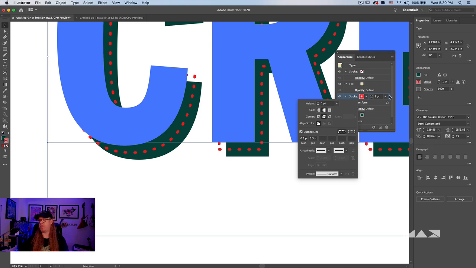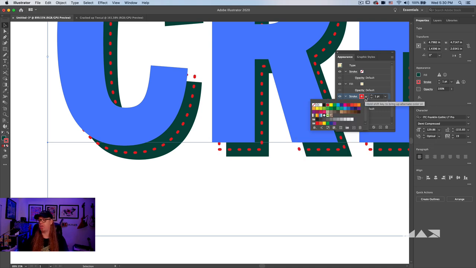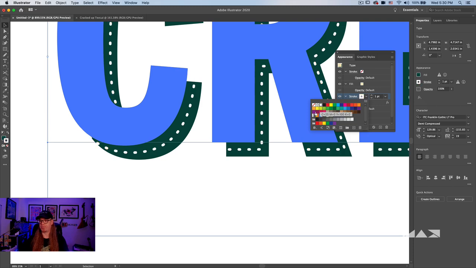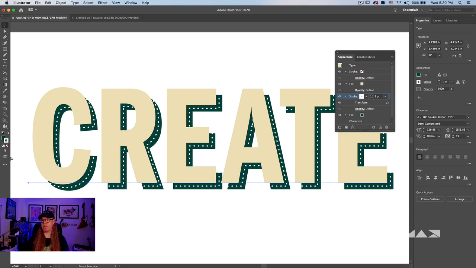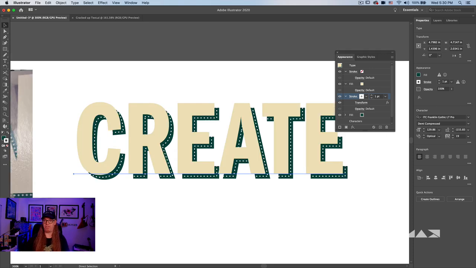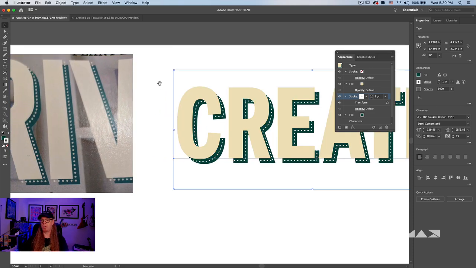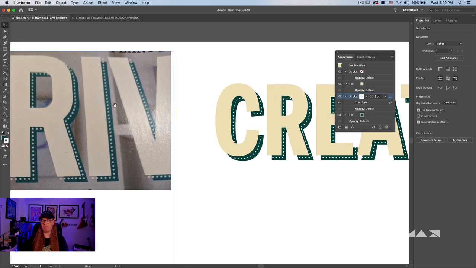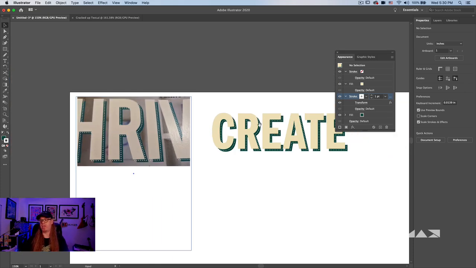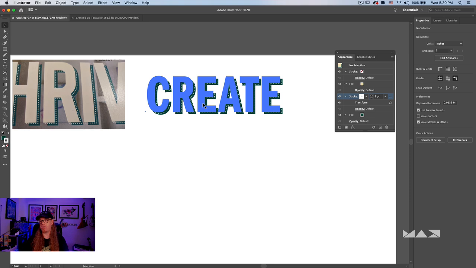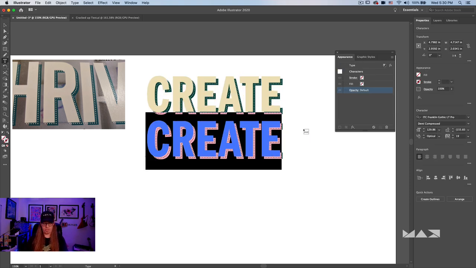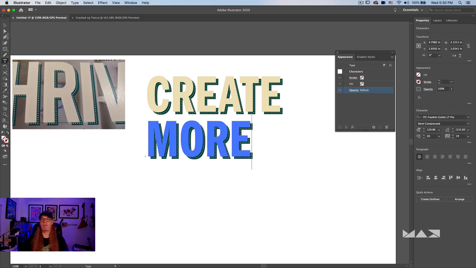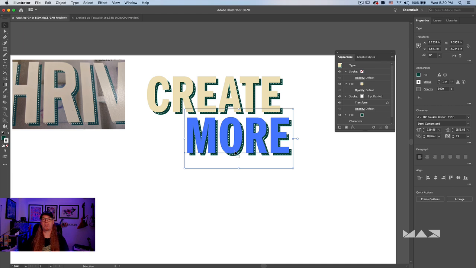Once you've got this set, we could go back into our color, choose something like a white. We'll click off of this and zoom back out. And you can see we've created something that's very, very similar to what was in the magazine. Now what's cool about this though is this is still editable text. So if I was to copy this and offset, I could highlight it with my text tool, type the word more, and you can see it's retained that visual appearance style for us.